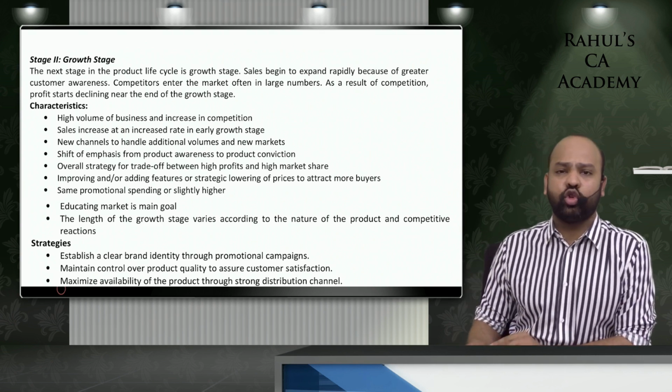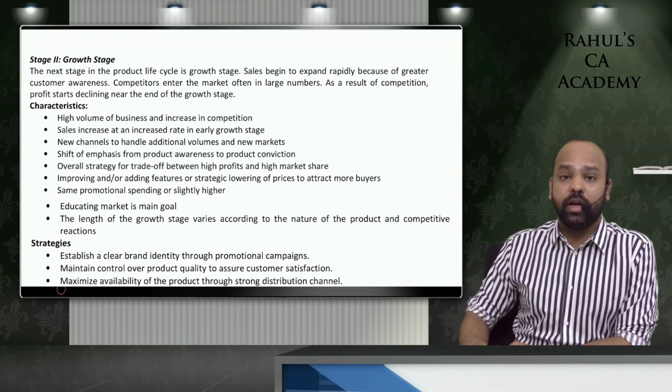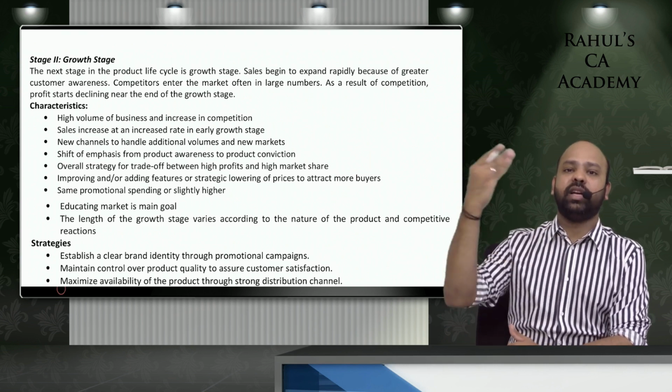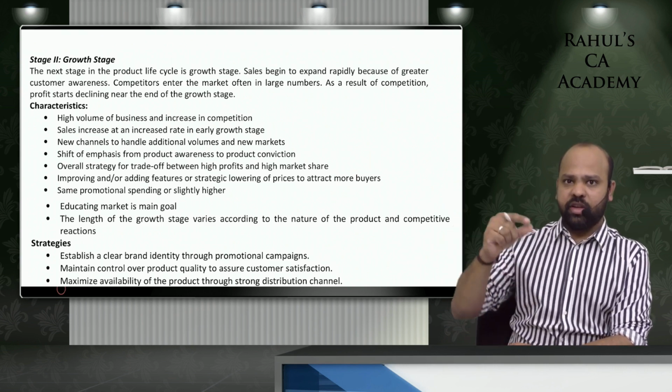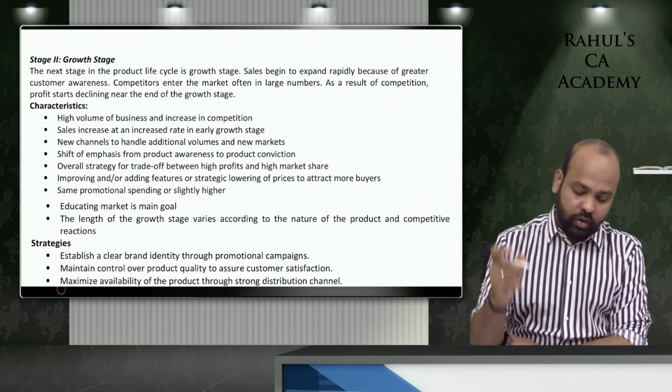Customer awareness ho chuka hai, beta. Everyone is aware of your product now. Everyone is buying your product, guys. So the sales are continuously increasing, guys. And the growth rate in sales is increasing. Sales is increasing by 5%, 6%, 7%. You see the growth rate there, beta, is continuously increasing. That is growth phase, beta.